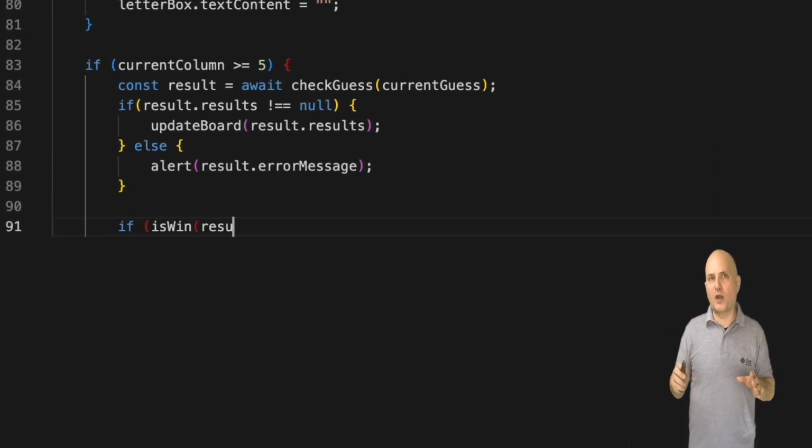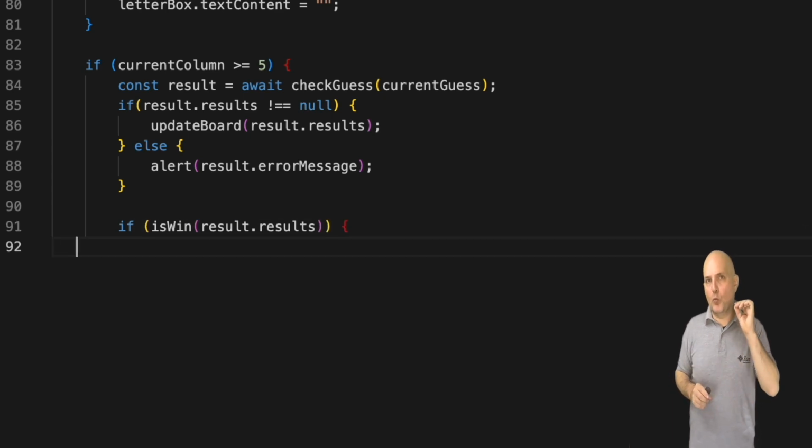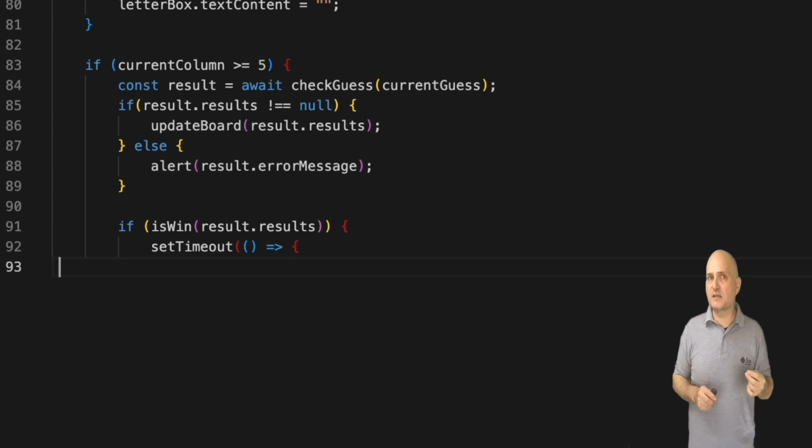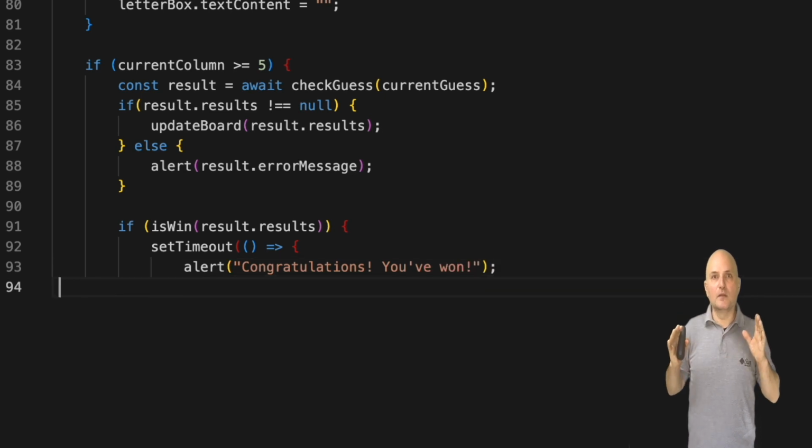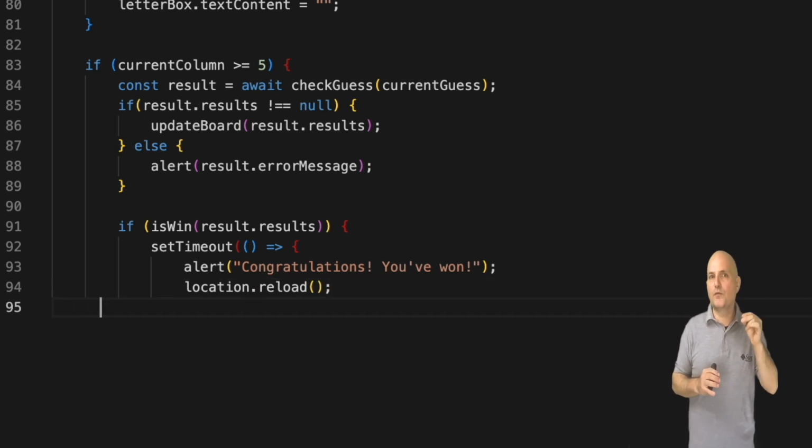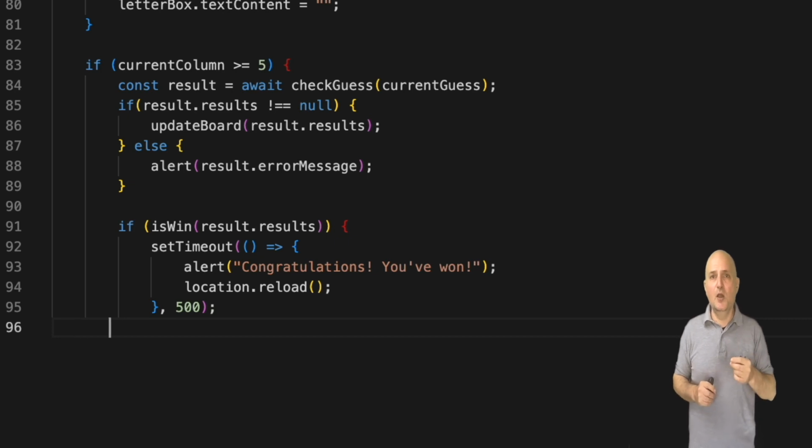If we won the game, then we need to show this to the user. The syntax is a bit weird. The set timeout function is used in the result processing to delay the execution of the provided function by 500 milliseconds, which is half a second.